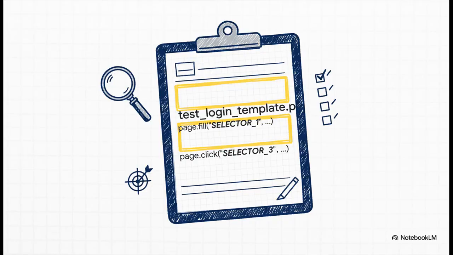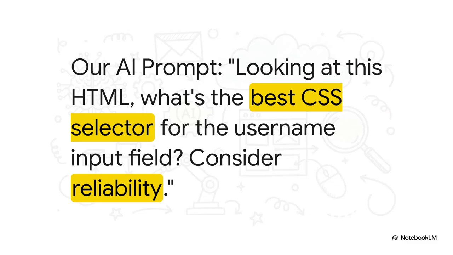So here's our mission. It's basically a simple fill-in-the-blanks challenge. We've got a test script template where all the complicated setup is already done. We just need to find the right addresses for these 3 empty spots. That's it. Okay, for our first blank, we'll give the AI the HTML for the username field, and we ask